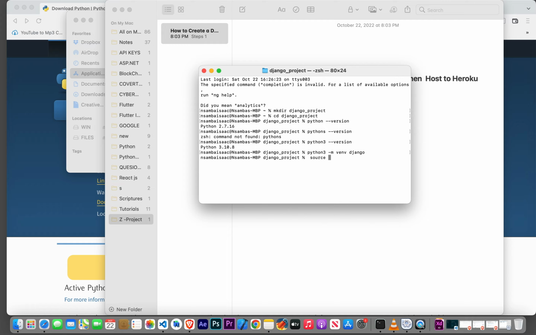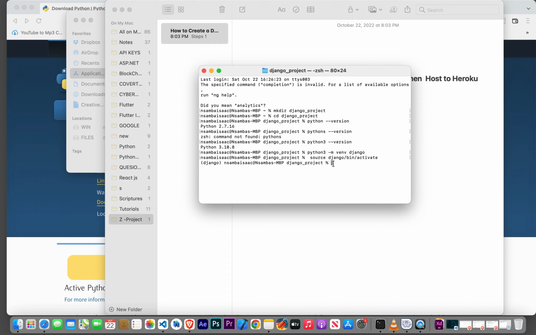I will just go into this folder that I've created here, and then under bin I can just say activate right there. Good. And if you see the folder name in parentheses, then it means you have successfully activated your virtual